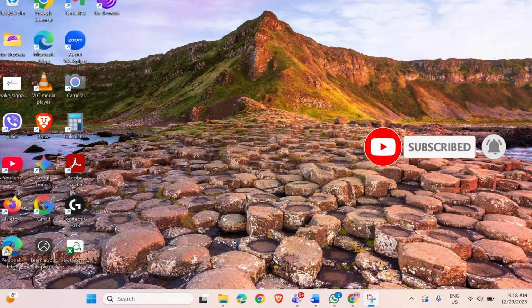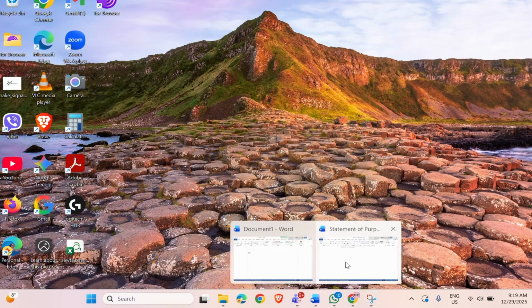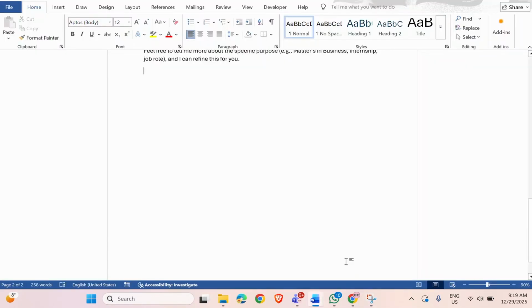In today's video, I'll show you how to insert a table in Microsoft Word step by step. Tables are very useful for organizing information like schedules, lists, reports, or comparison data. So let's get started. Open up your Microsoft Word document and then place the cursor where you want the table